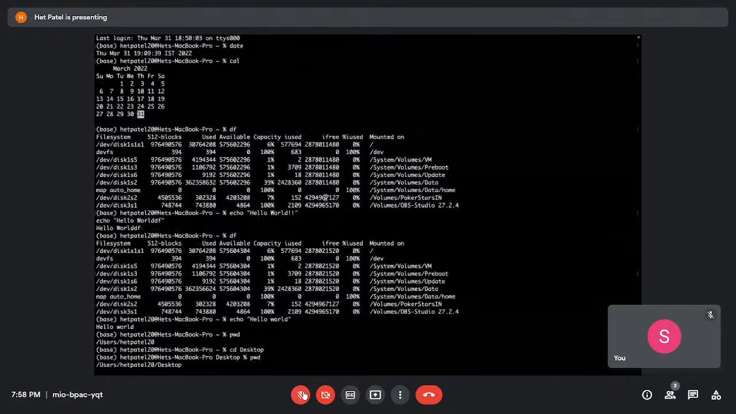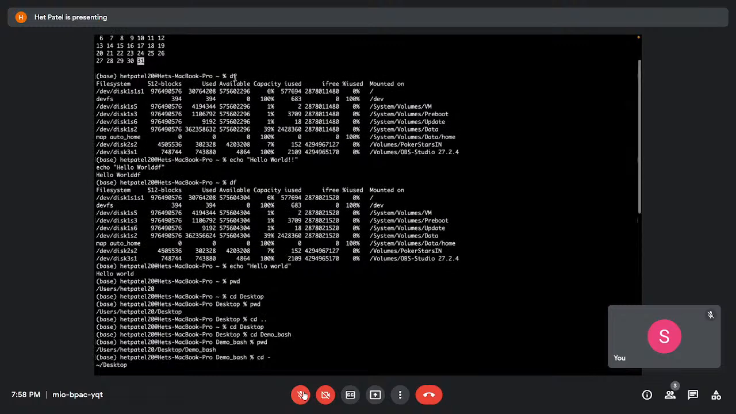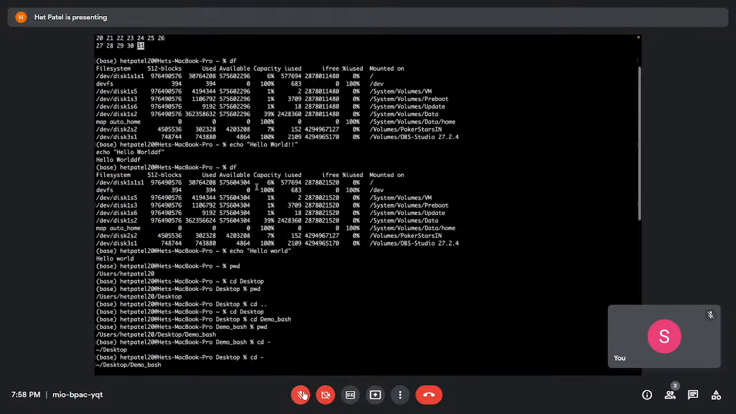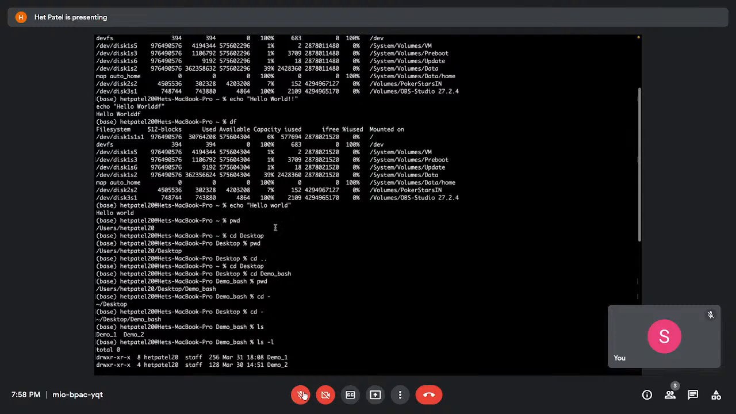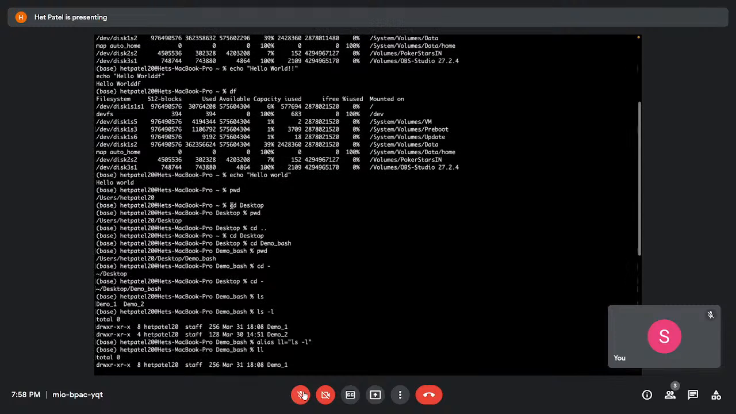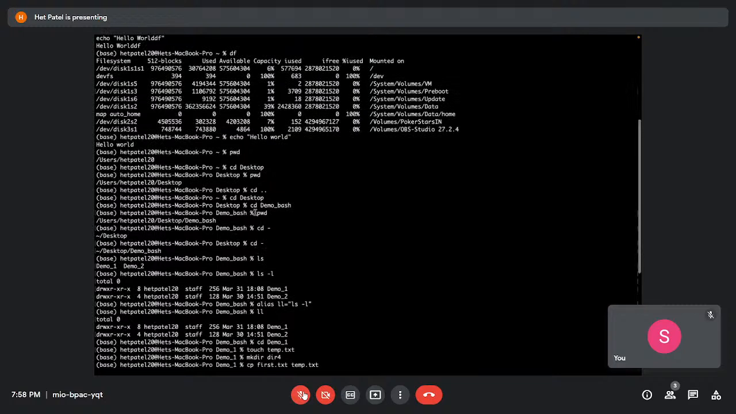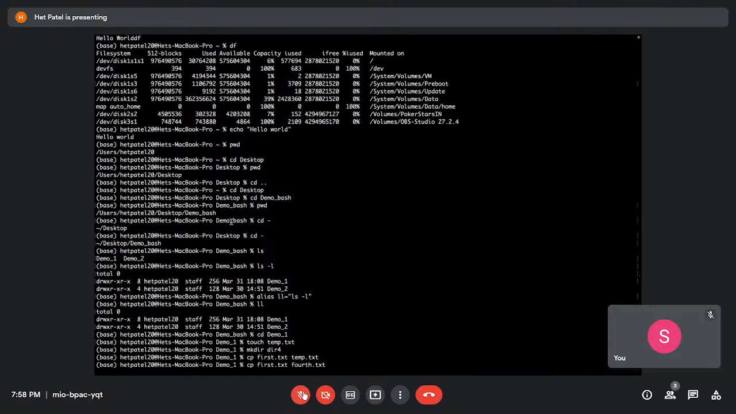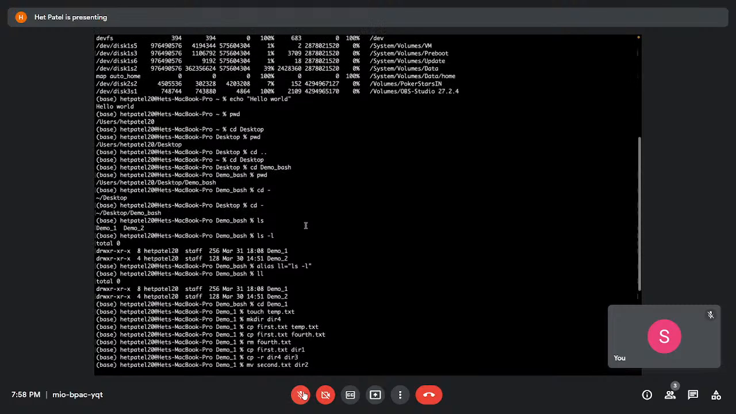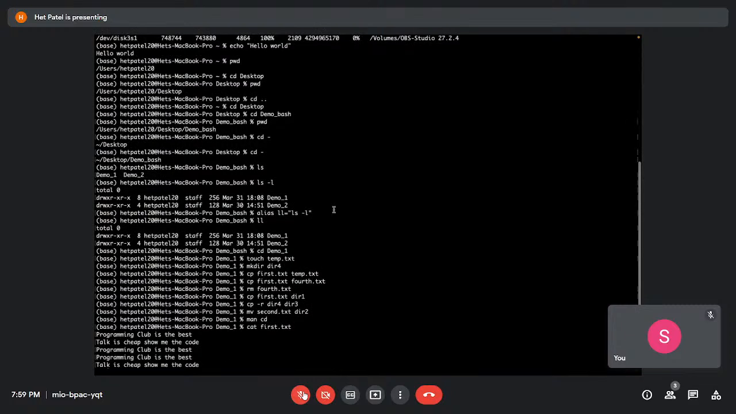revise all the commands. We first used the date command for knowing the date, cal for calendar, df for finding the free memory allocation in our disk drives on our PC, echo for printing, and pwd for printing the current working directory, cd for changing the directory, cd dot dot for going to the parent directory, cd name of the directory to go to that particular folder, cd dash for going to the previous directory in the command line, and ls for listing all the contents of the directories, ls -l for doing the same function but in a long format where you can see all these subtle details,